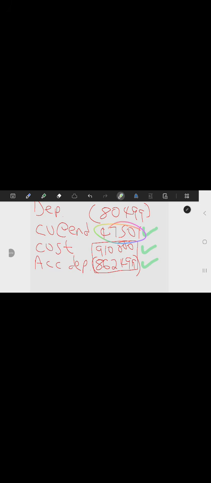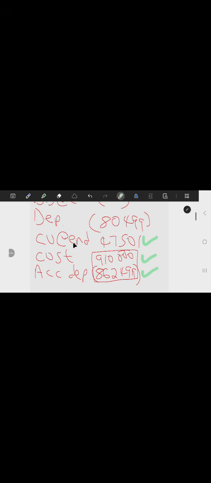To get this one, it is the carrying value. Remember I said the cost is every cost up there: cost at the beginning, cost at addition, cost at disposal, cost is equal to cost at the end. And then the accumulated depreciation is accumulated depreciation at the beginning, depreciation during the year, minus accumulated depreciation of the disposed. Now, let's talk about the carrying value at the end. Is it carrying value at the beginning plus carrying value during the year is equal to carrying value? No. You're talking something else that doesn't really make sense in accounting. The carrying value at the end